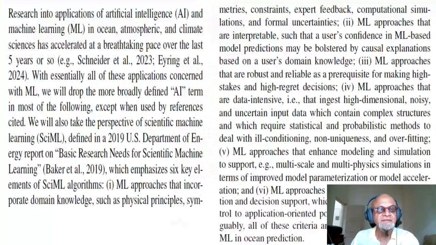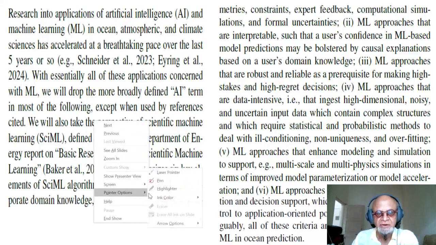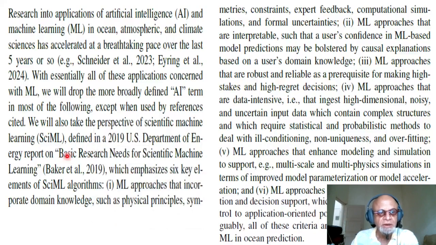Let's go back to reading a bit of the opening text. Research into applications of AI and ML in ocean, atmospheric, and climate sciences has accelerated. So let's skip the introductory material and just jump to basic research needs for scientific machine learning, which is being published in books and reports already. This is from the US Department of Energy report. So this emphasizes 6 elements of SciML, which is scientific machine learning. ML approaches that incorporate domain knowledge such as physical principles, symmetries, constraints, expert feedback, and computational simulations and formal